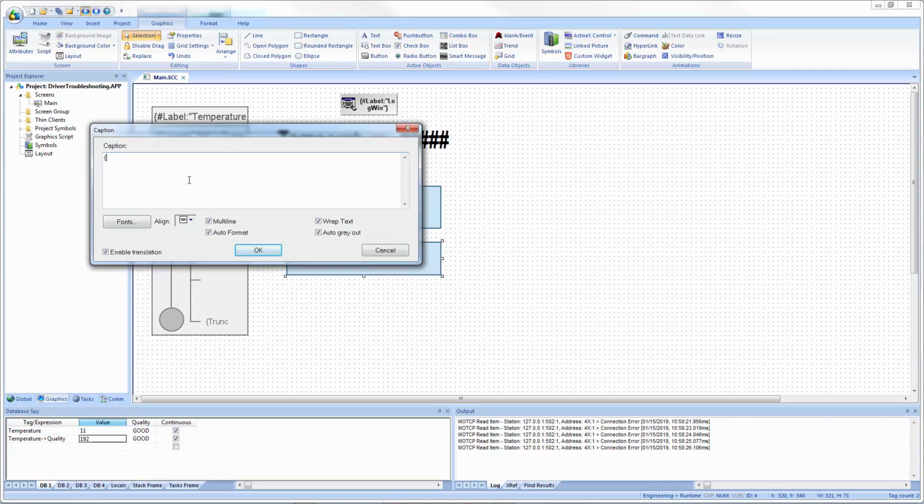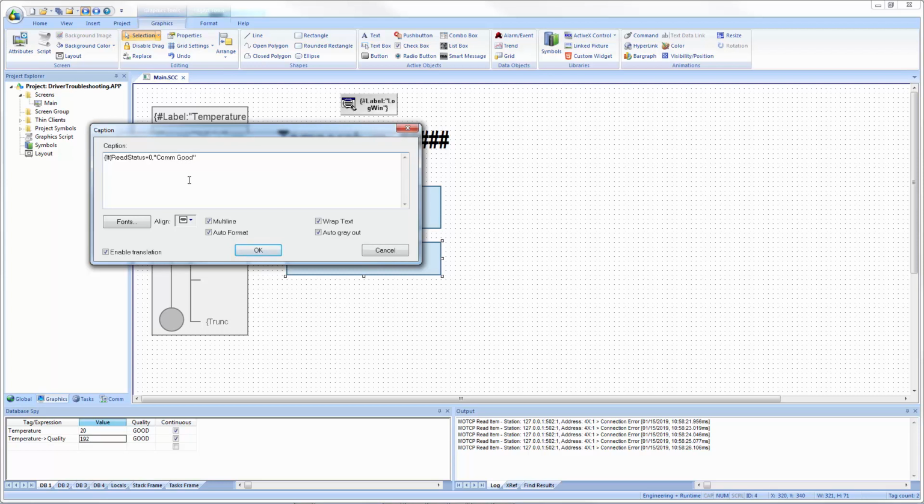Inside of curly brackets, I'm going to build a built-in scripting command that says if. So it's if, open parenthesis, and then read status is equal to 0, comma, then display good communications, or communications good,